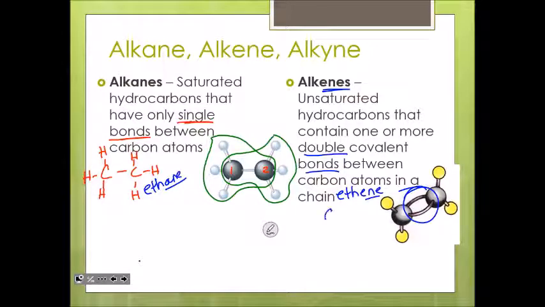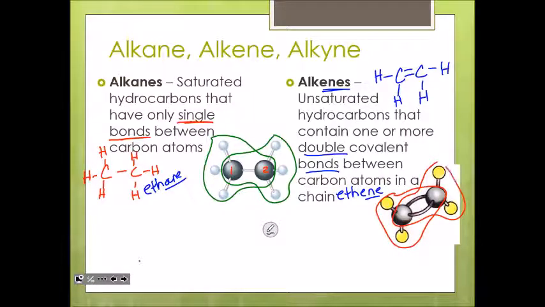And if you draw the Lewis dot structure, let me draw it over here. Draw the Lewis dot structure here. It's going to have only 4 hydrogens on it. And if you look at the shape, the way that this ethene looks, it's basically 2 flat triangles. You got 2 trigonal planars going on inside this molecule. So within the bigger molecule are the individual shapes that we've already looked at.